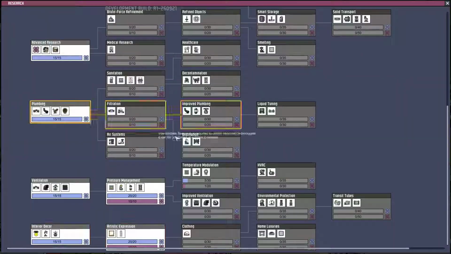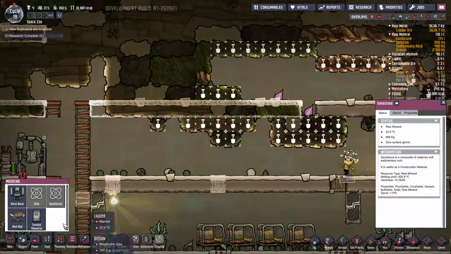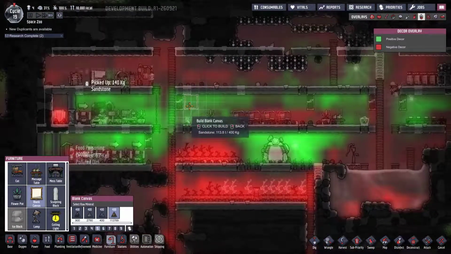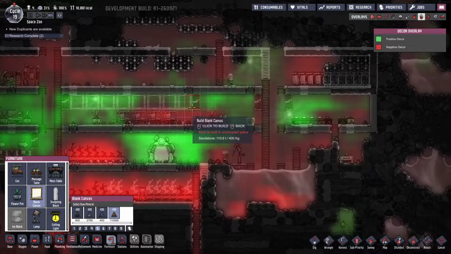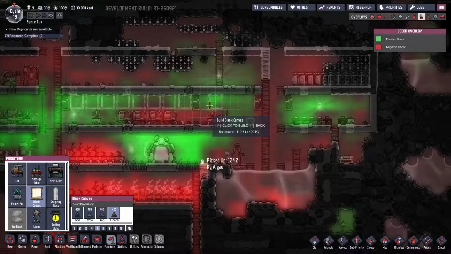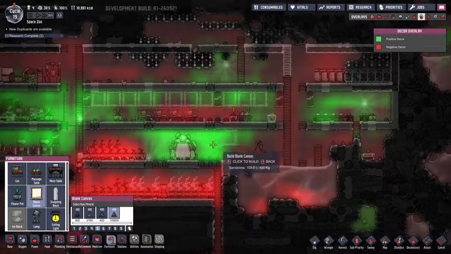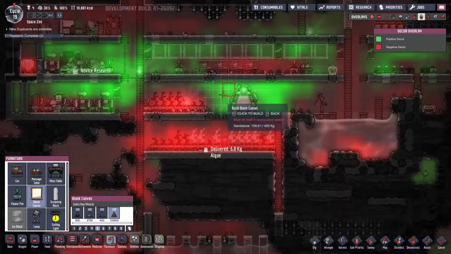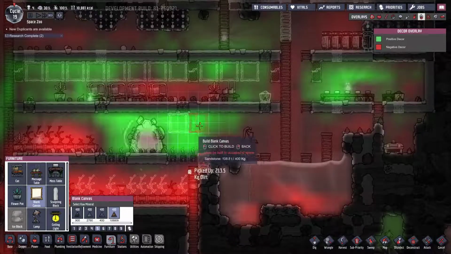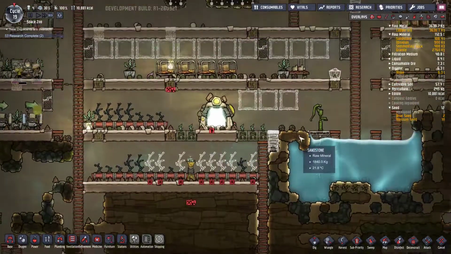We got research complete. So what have we got? That's our art. We'll go back to getting insulated tiles. And what we'll do is canvases everywhere. And we can chuck... That's not even number, is it? No. Do those there. Now we can put them here. Now what we'll do is they can go there. Because we will be putting a mess hall there once we...